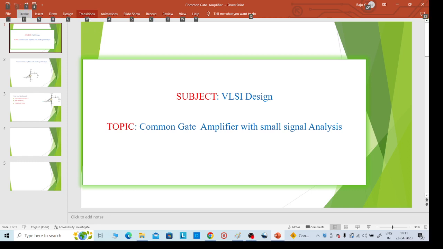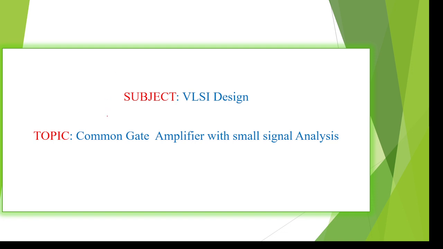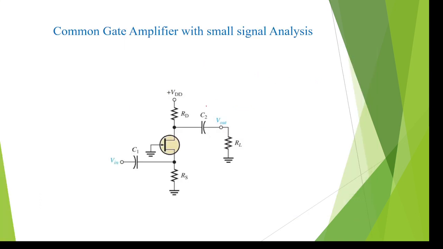Hi, I am going to discuss the common gate amplifier with small signal analysis. In a common gate amplifier, the gate is common for both the input and output side. So we know the symbol for the MOSFET common gate: this is the gate terminal, this is the source, and this is the drain terminal. If the gate is common for both input and output, then it is named a common gate